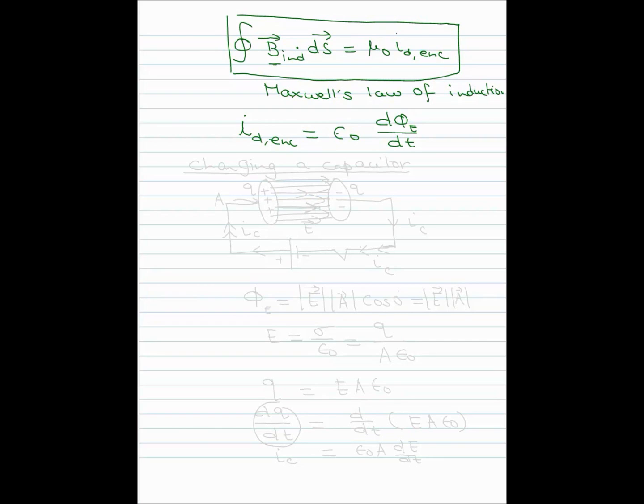For example, let's consider the case where we are actually charging a capacitor, because in that case, we do know that there is a changing electric flux. So let's consider a simple situation. You have a parallel plate capacitor. These are the two plates, and we connect it into a circuit. Here is my battery with the positive and the negative, and here is a switch, and here is the complete circuit. Now as soon as I close the switch here,